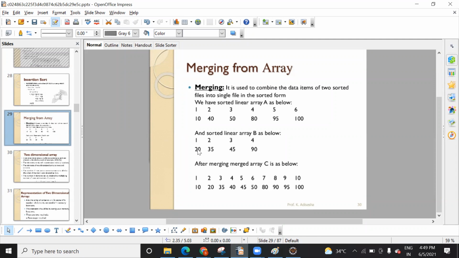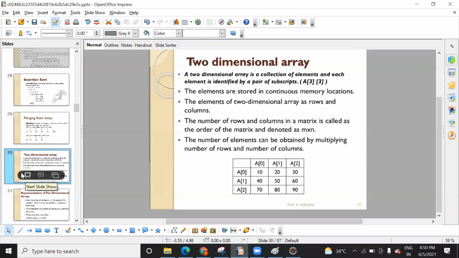So normally the data structure is useful where you want to work with multiple data at a time. You are not restricted to a single data or two data. Okay, and this two dimensional array also, I have explained to you what a subscript is, you know, right? Subscript is the square bracket, we usually say it.